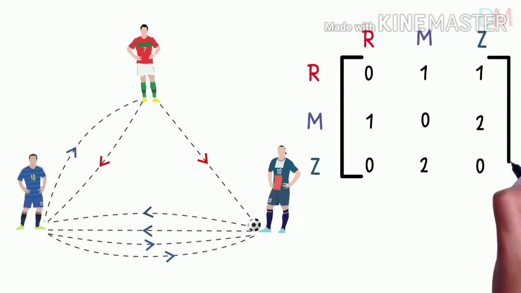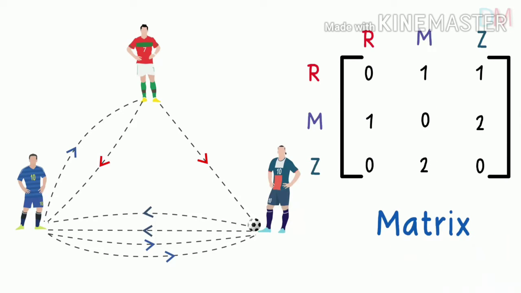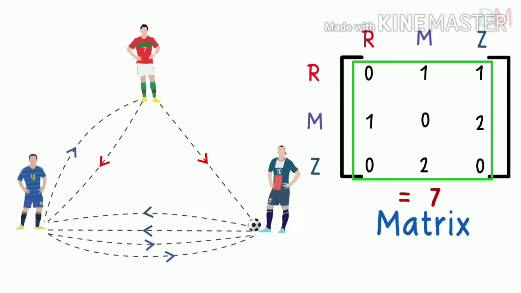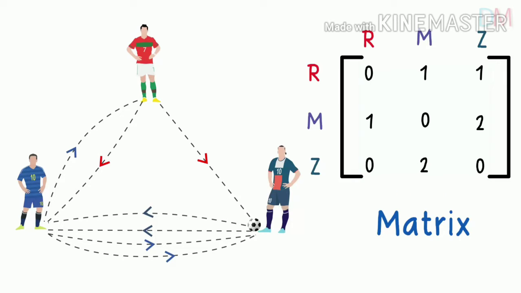What we see here is nothing but a matrix. It is nothing but an array of elements, something which a computer can decode. And it summarizes the entire warm-up session. Adding up all the numbers here will give us the total number of passes, and it also tells us the direction of the passes. Don't you wish matrices were taught like this in school?